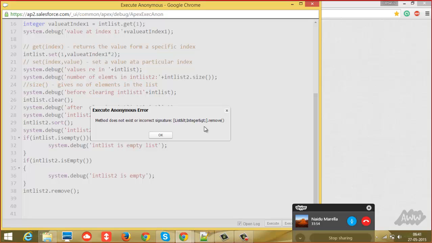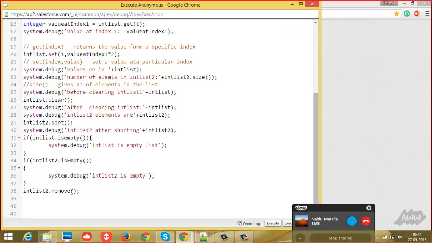This remove is an incorrect signature, correct? So here I am passing some value. That means from this index it's going to remove the value from this list. Remove means the index you are passing, the index value, not the value itself. So before removing, what we have,